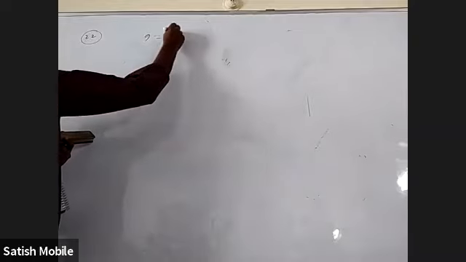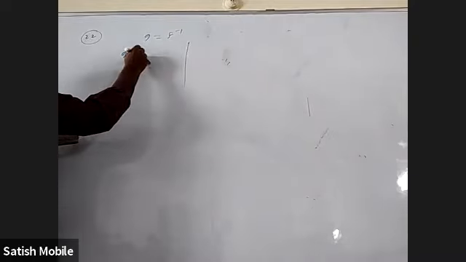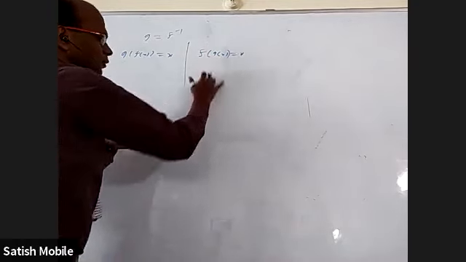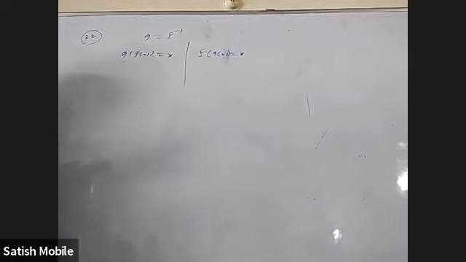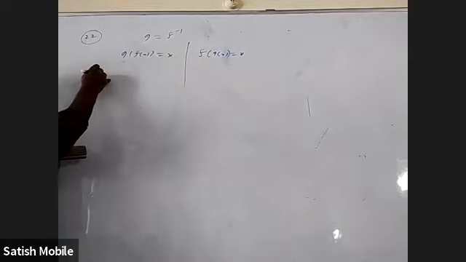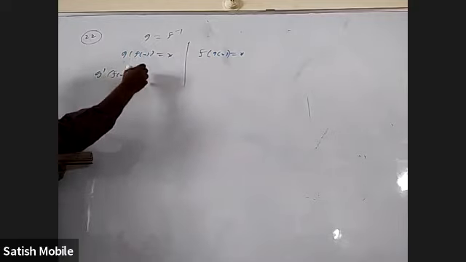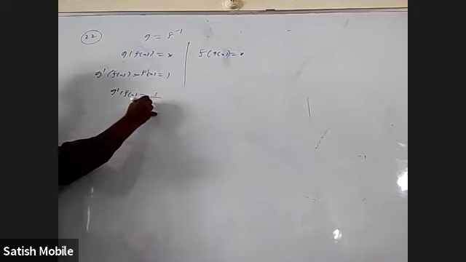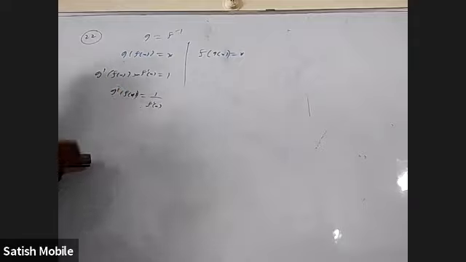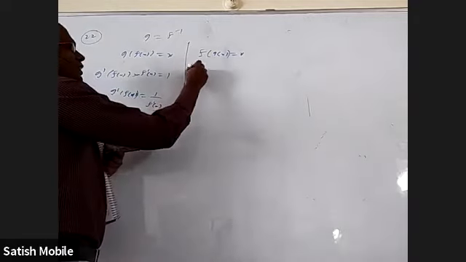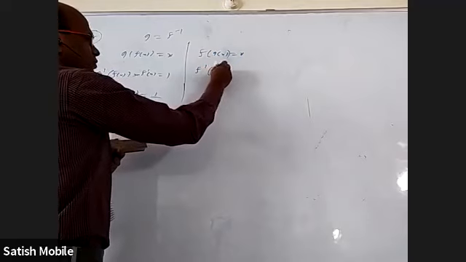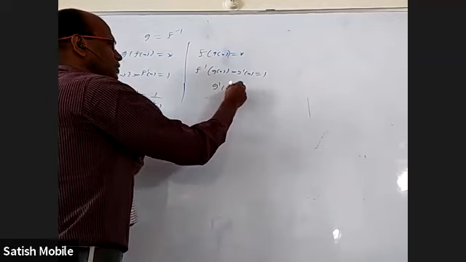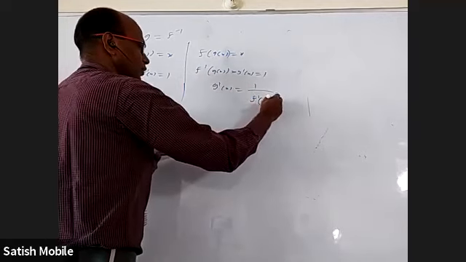If g is equal to f inverse, I can write g of f of x equal to x, or I can write f of g of x equal to x. Anything I can write, because f of f inverse is also x, f inverse of f of x is also x. When I differentiate this, I'll get g dash of f of x into derivative of inner part f dash x is equal to 1. So g dash of f of x is 1 by f dash x. We'll use this in some question. If I differentiate the other one, I'll get f dash of g of x into derivative of inner part g dash x is equal to 1. So if I want g dash x, it is 1 by f dash of g of x.